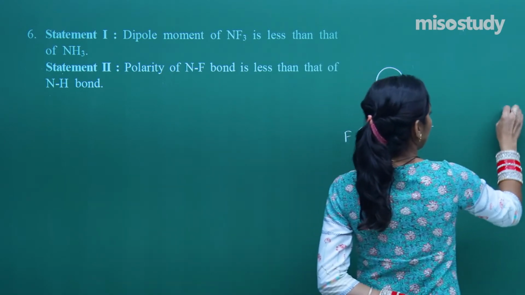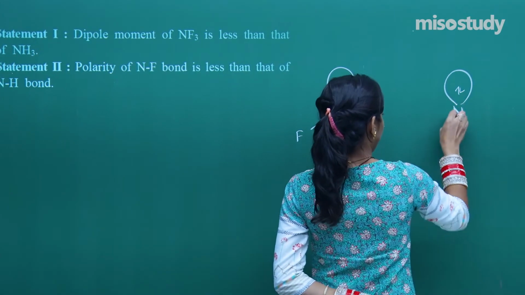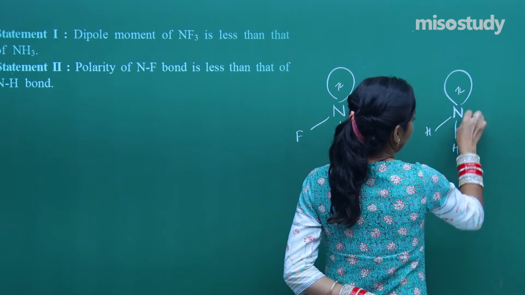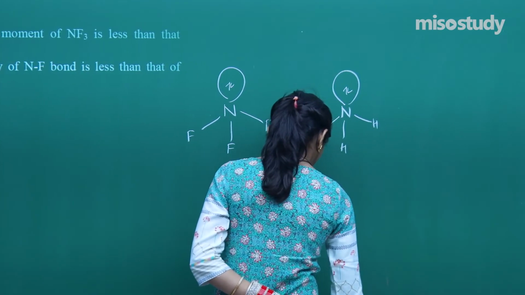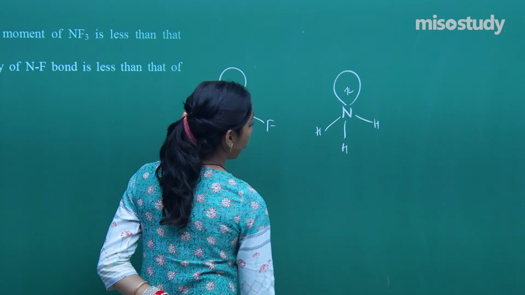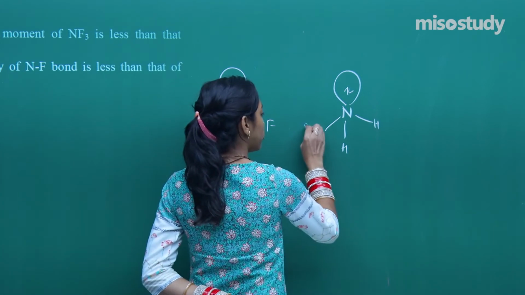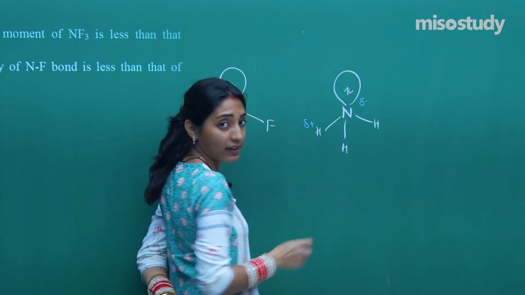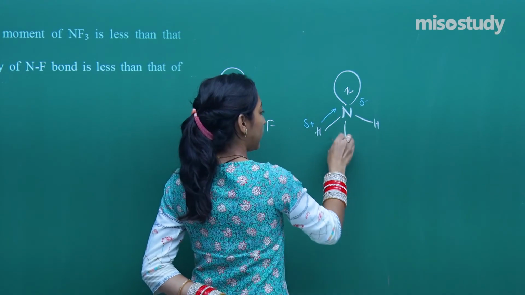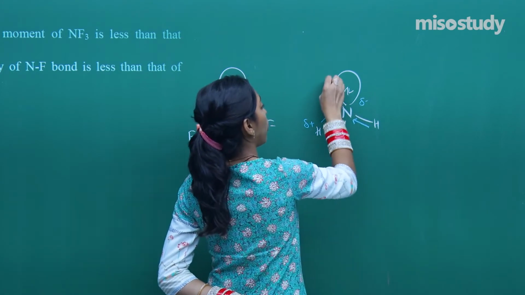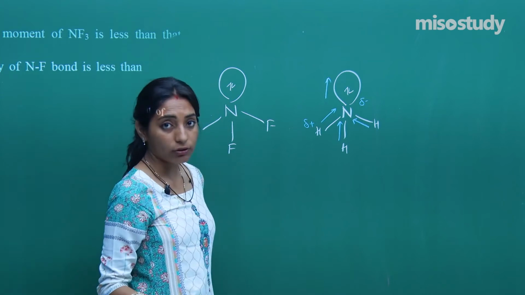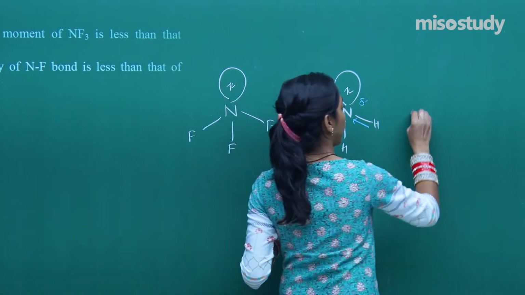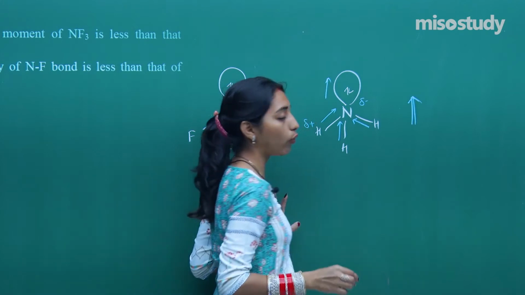So we have NF3 and NH3, and we need to compare the dipole moment. See, dipole is from positive to negative. So hydrogen is delta positive, nitrogen is delta negative, here, here, here. And for the lone pair, the dipole moment is in the upward direction. So all the dipole moments are in the upward direction, they will get added and the overall dipole moment is